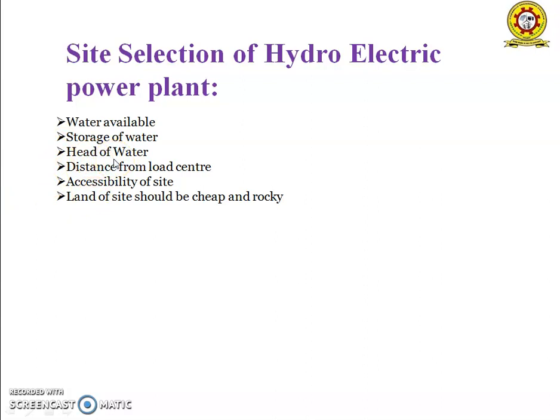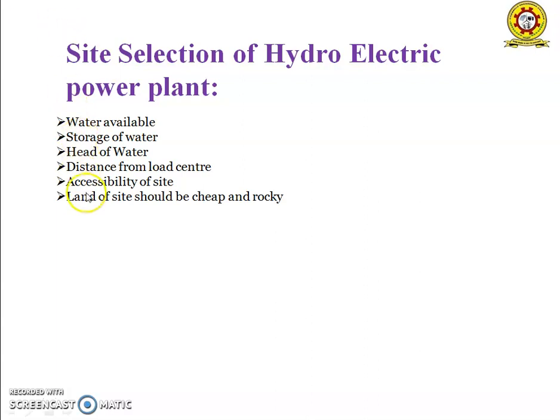Water in large quantity and at sufficient head should be available for a given power output. An increase in effective head reduces the quantity of water required to pass through the turbines. Next, distance from the load center. It is desirable that the power plant should be set up near the load center so that the cost of erection of the transmission lines and their maintenance are low. However, in hydroelectric power plants, it may not be possible because the plant will be located where sufficient quantity and head of water is available.